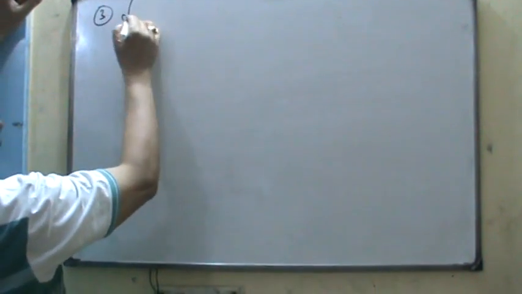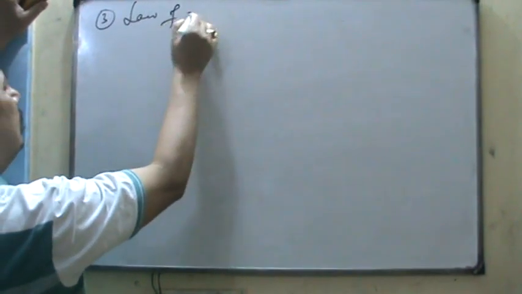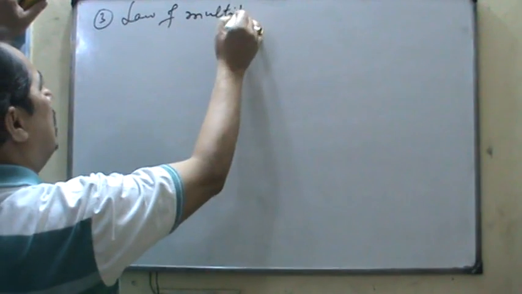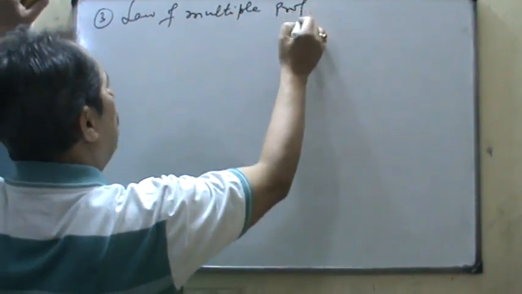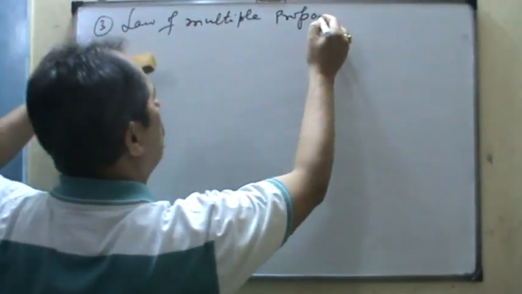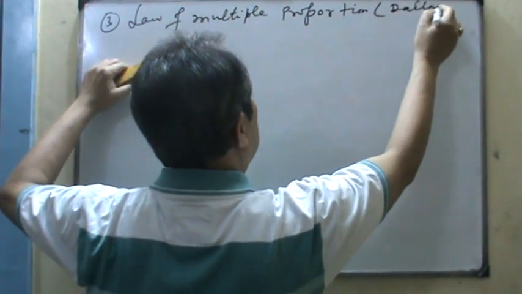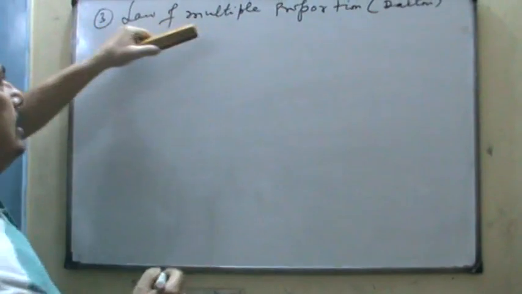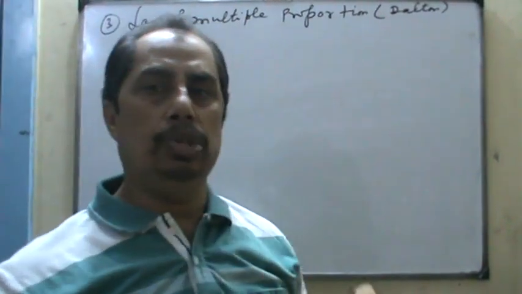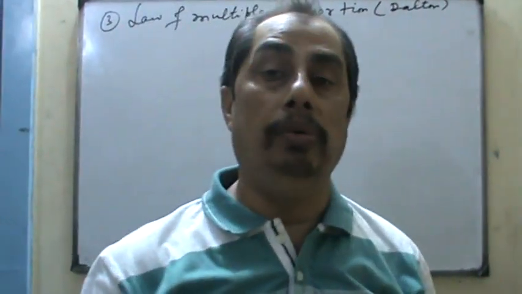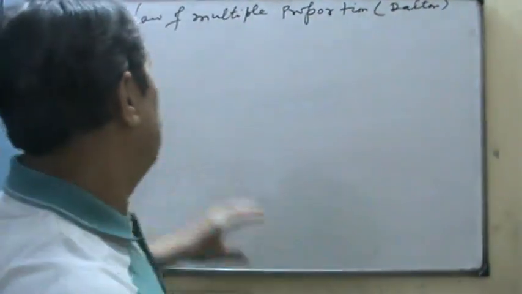That is called, third, the law of multiple proportion, given by John Dalton. As the name says, multiple proportion, the ratio is 1, 2, 3 and so on. So, see here,